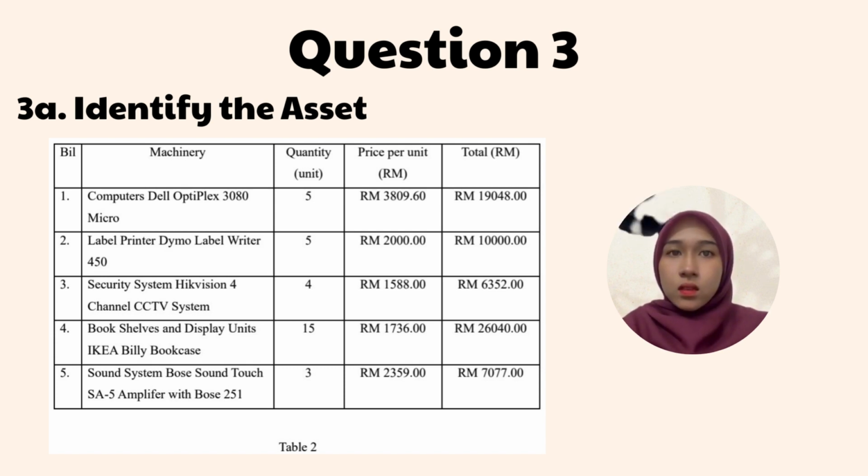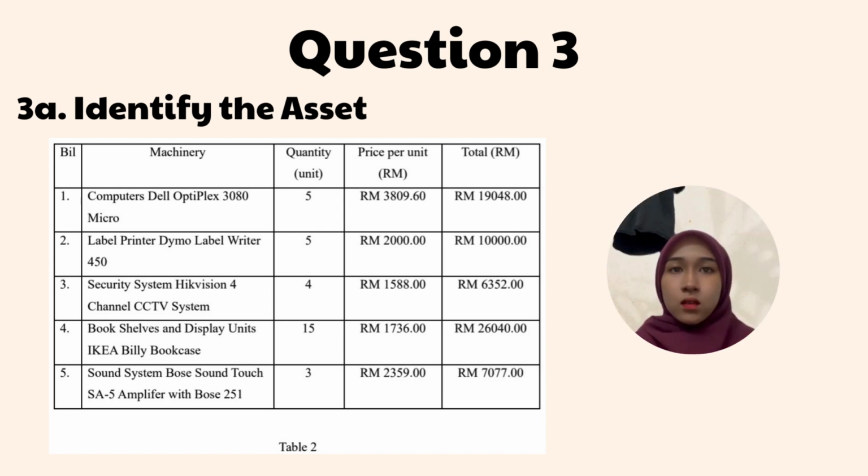50 units of IKEA mini bookcase bookshelf and display units with the price of 1,736 per unit, and 3 units of Bose SoundTouch SA5 amplifier sound system with the price of 2,359 per unit. The total price for 5 units of Dell OptiPlex 3080 Micro computers is 19,018